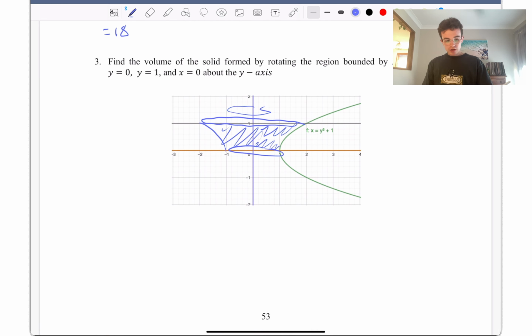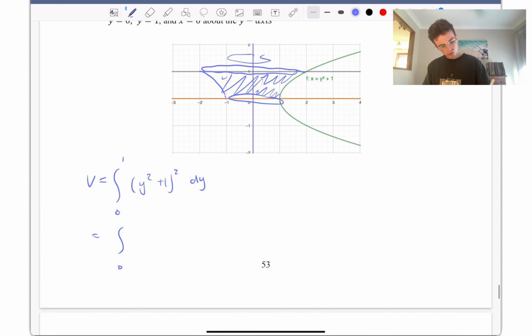So really, we're looking at volume being the integral from 0 to 1, because we've got 1 up here, of y squared plus 1 squared. And again, we don't have to make x the subject because it's already the subject, dy, which is the integral from 0 to 1 of y to the power of 4 plus 2y squared plus 1 dy,